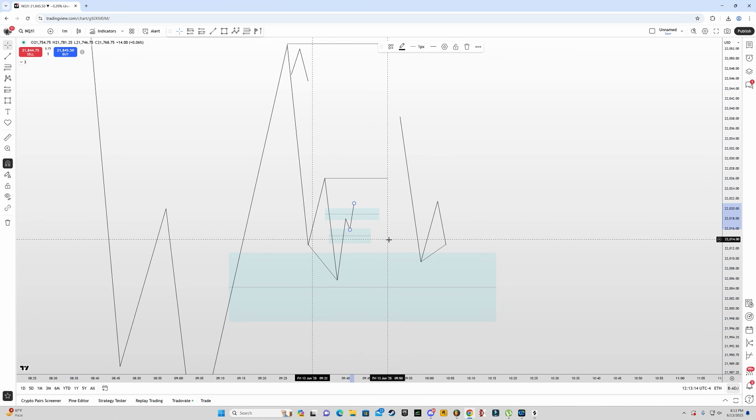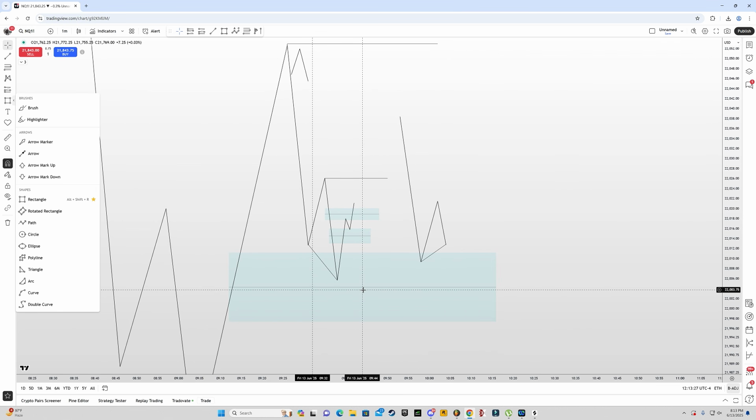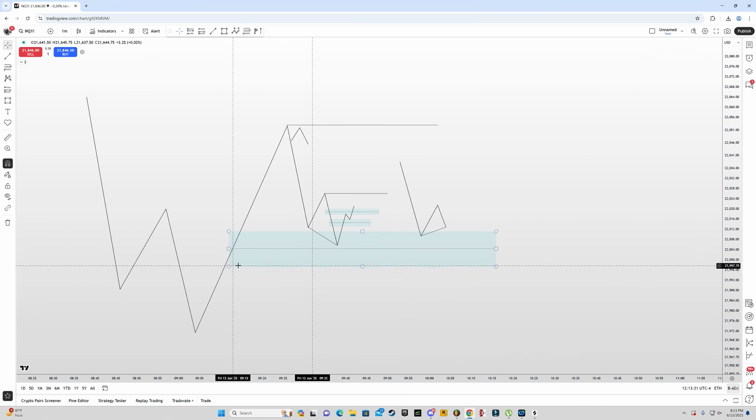And now what you would do is wait for all of them to get inversed. So we have the first fair value gap and the second fair value gap. Now you wait for price to close above all of these fair value gaps. Now once you have that, you have SMT divergence. We are coming from a higher time frame PD array, which in this case is a fair value gap.